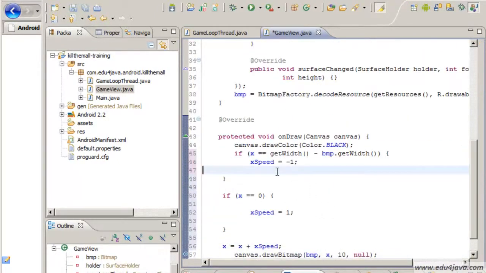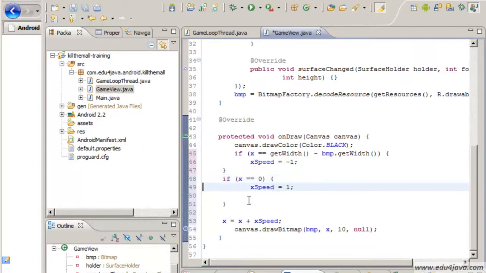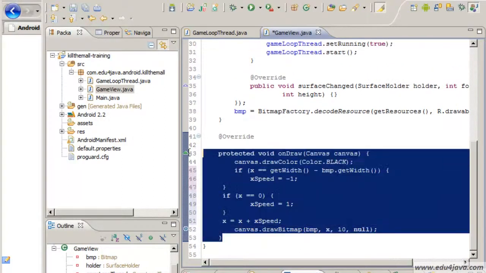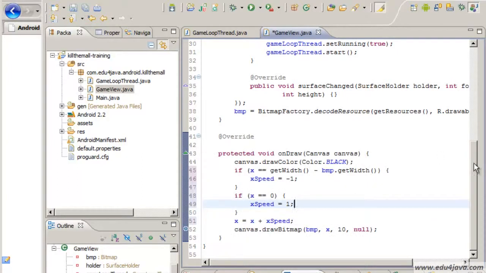Instead of this simple if, okay, the only thing I did here is add a speed field